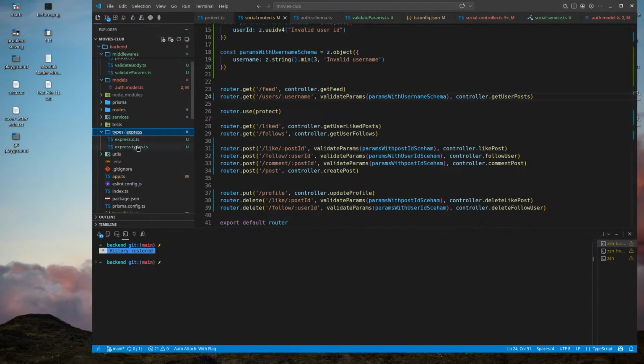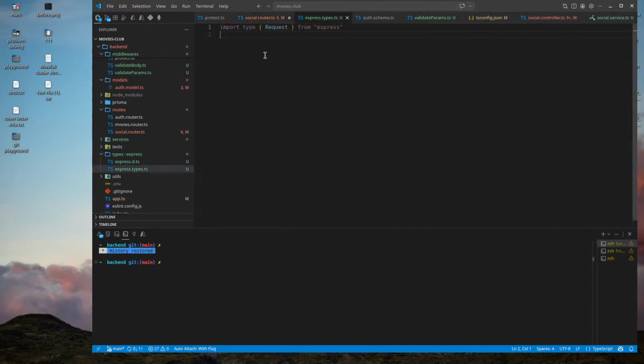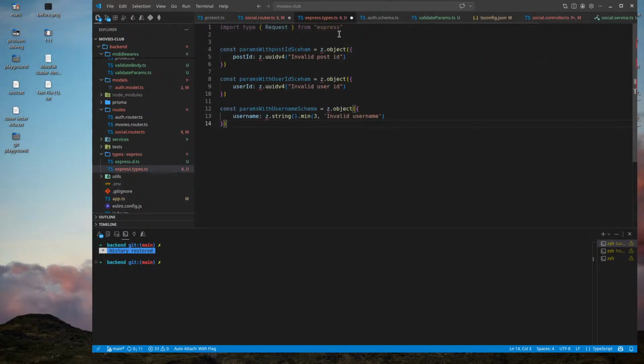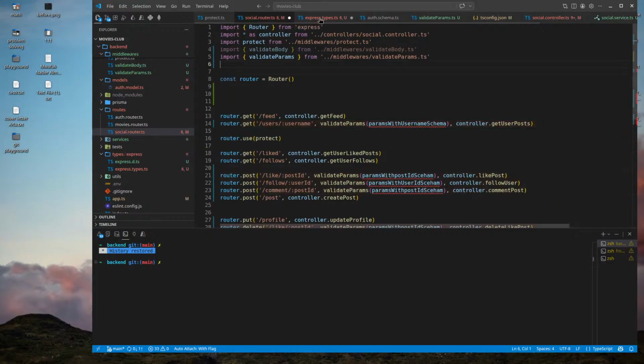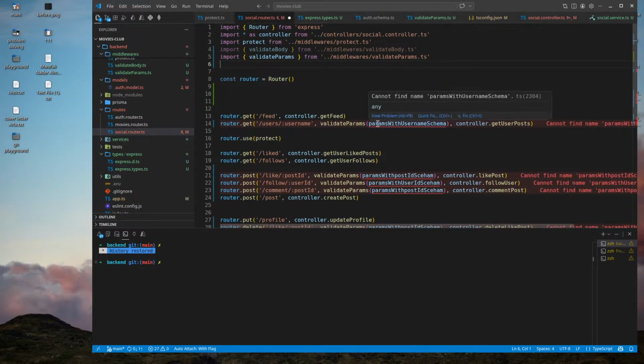Okay, and here I have all these guys, and I will import these guys.